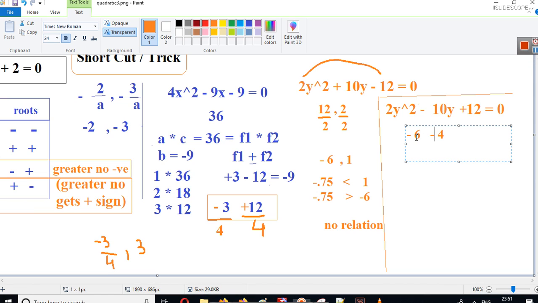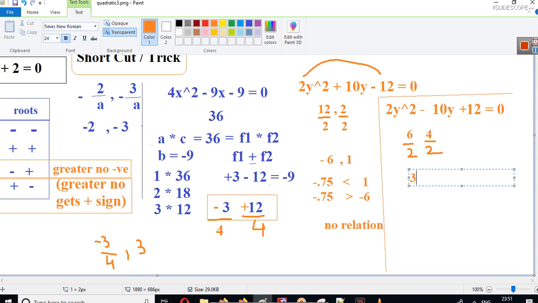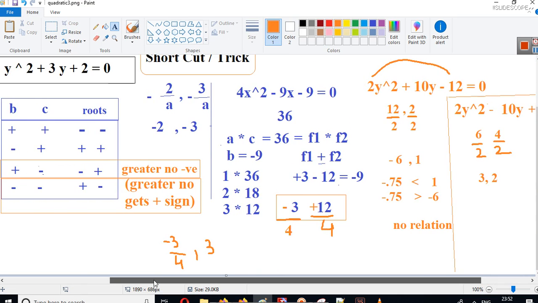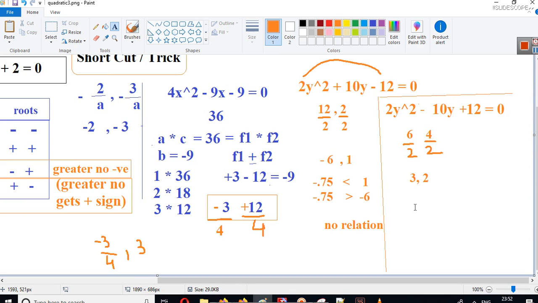But we don't have to worry about the signs, we just have to worry about the factors, and then we can divide this value by the value of a, that is 2 here in both cases. So one root will be 3 and the other root will be 2. In this case we don't have to write plus plus because it doesn't really matter. You can see in case of minus and plus. We will do another example of this minus and plus,